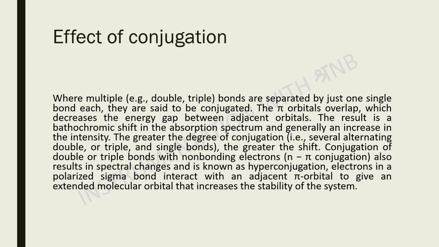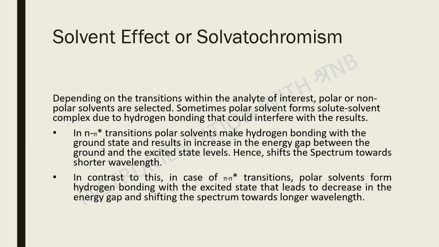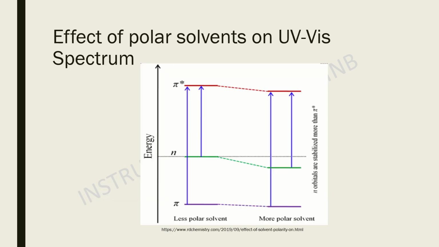Conjugation would lead to an increase in the wavelength, so it will move towards the longer wavelength region, or will lead to the bathochromic or red shift. Solvent effect is also known as solvatochromism. As you can see here, both the transitions, pi to pi star and n to pi star, are given